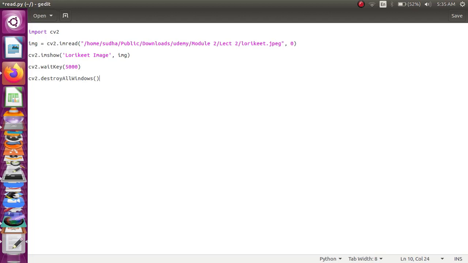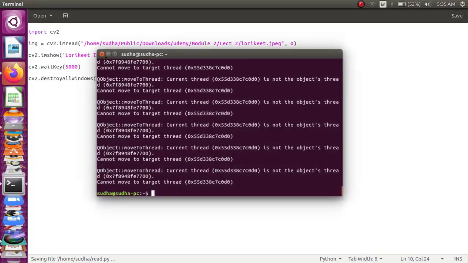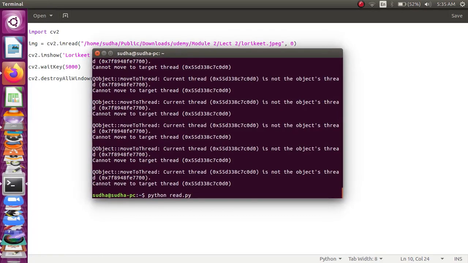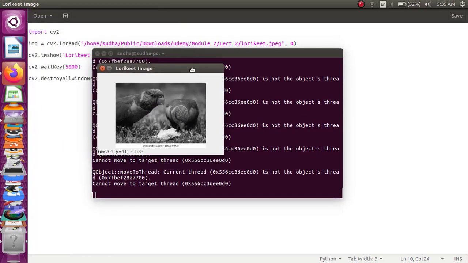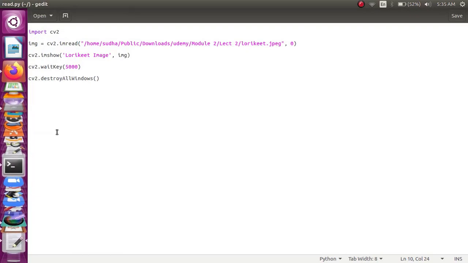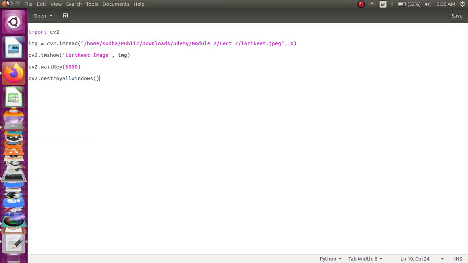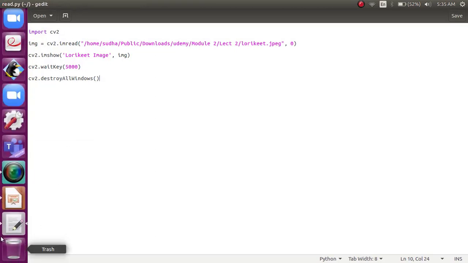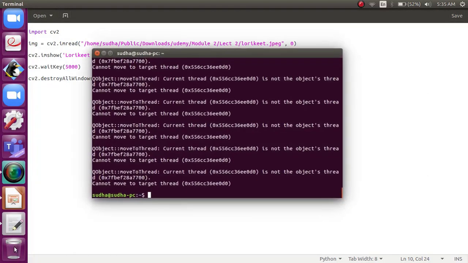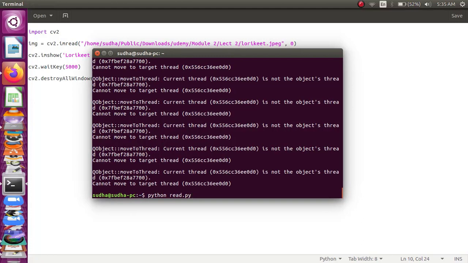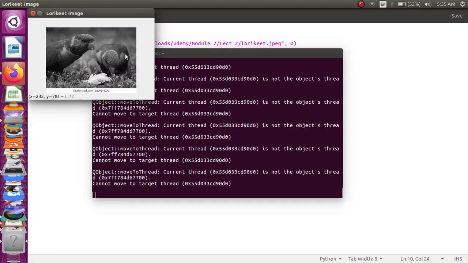Let me save this and again run the Python code. Now you will be observing your lorikeet image. It has been destroyed. Let me run it once again. See, the image has been loaded as a grayscale.